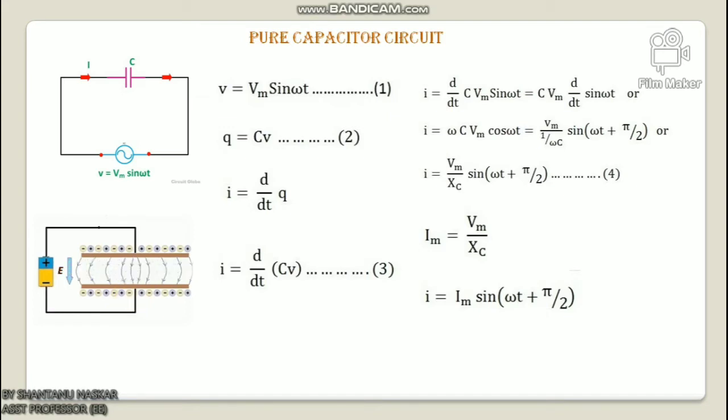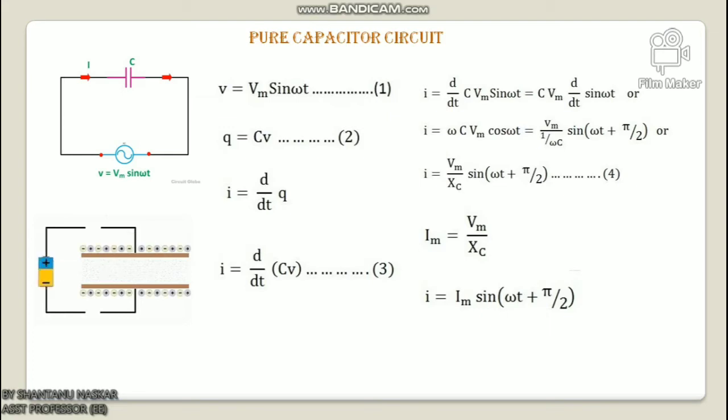In a pure AC capacitor circuit, the current leads the voltage by an angle of 90 degrees. In an inductive circuit, current lags the voltage by 90 degrees. In a capacitive circuit, current leads the voltage by 90 degrees. Okay. So when the voltage is applied across the capacitor, the electric field is developed across the plates of the capacitor and no current flows between them. Now if a variable voltage source is applied across the capacitor plates, then an ongoing current flows through the source due to charging and discharging of the capacitor.